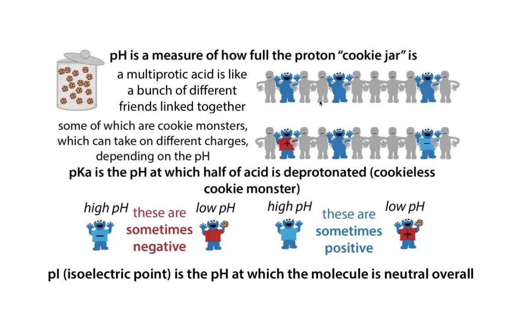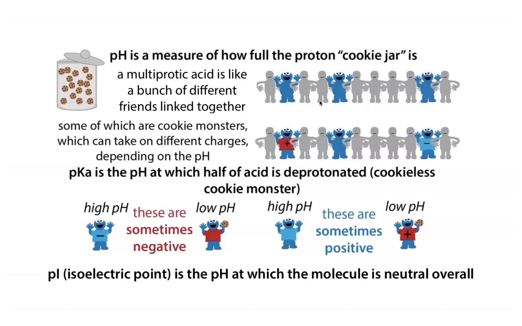It's the pH at which the molecule is neutral overall. So it's saying, okay, well, we have these multiprotic things. So there's multiple groups that can protonate or deprotonate. And what's going to happen is that depending on the pH, you'll find those friends with a cookie or without a cookie. And there's going to be some pH, which we call the isoelectric point, at which the molecule is